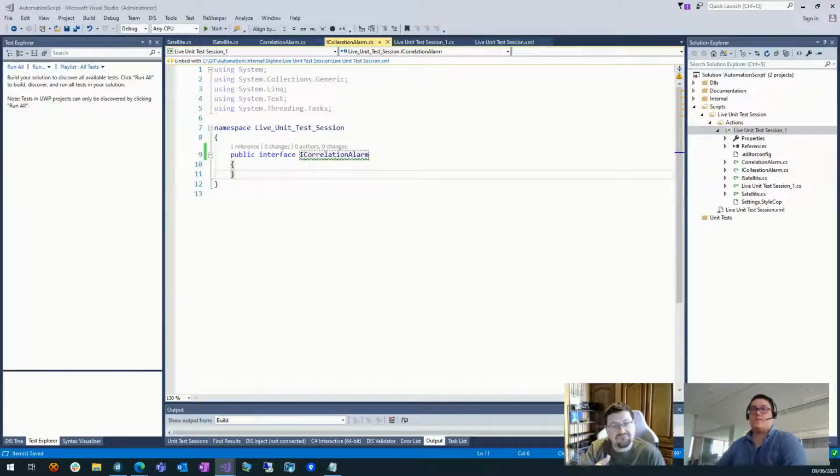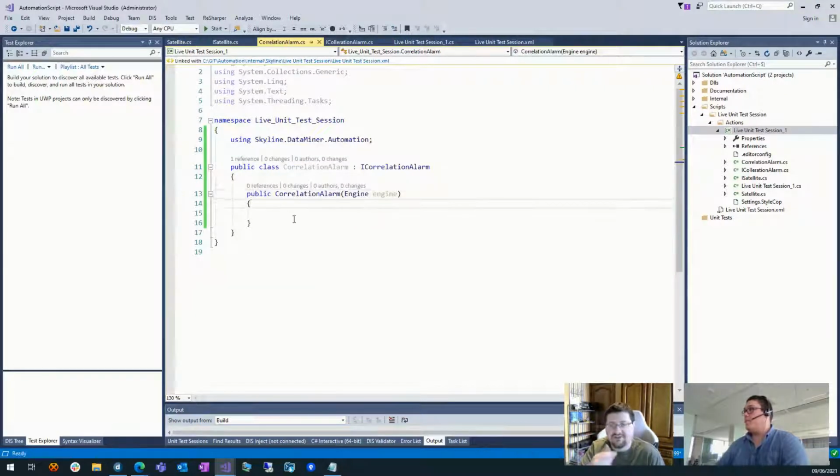We can actually, let's see here. We don't really need to add those to our initial design right now. We can do it later when we go through the unit testing itself. But so the action we want to do is getting the alarm from correlation, but we already did that in the constructor, actually. So that's the engine that we are passing along. Yeah. So that's the step one.